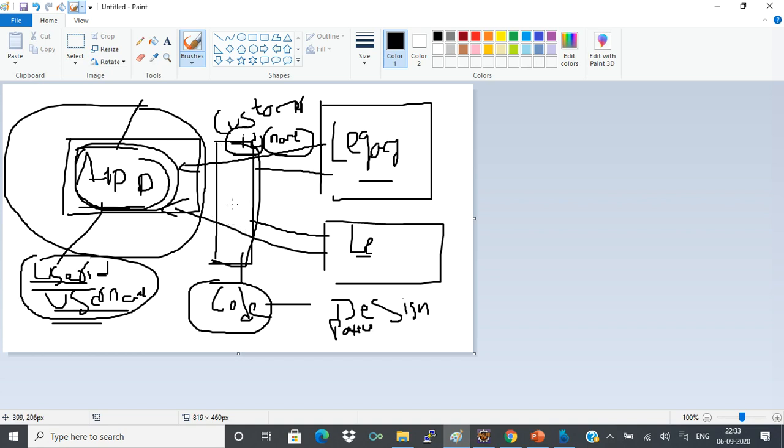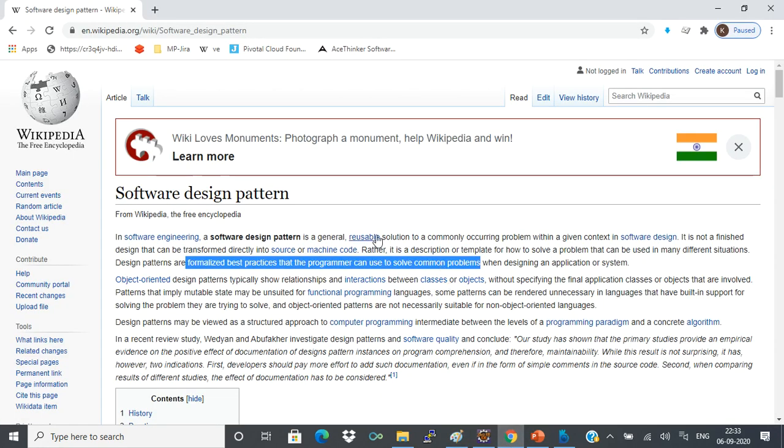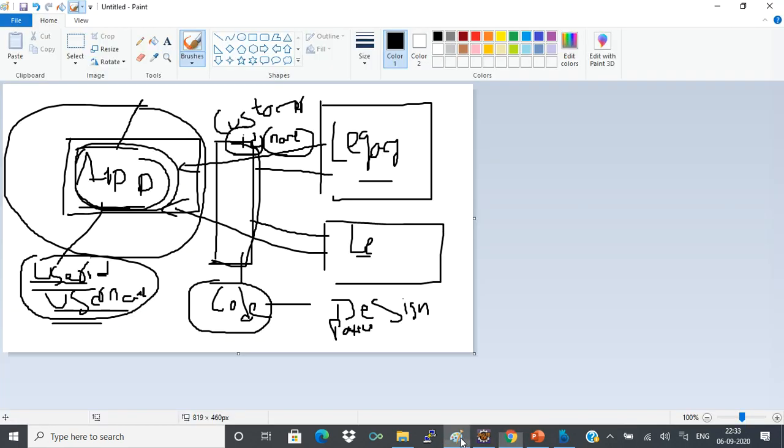So now imagine what is the advantage of bringing these kinds of patterns into my application. If you see, this is one of the best practices also. According to the Wikipedia definition of design patterns, I mentioned two terms: one is a reusable solution, another is a best practice that programmers can use. So I can say this is a reusable component that can be used for mapping logic between various legacy applications.